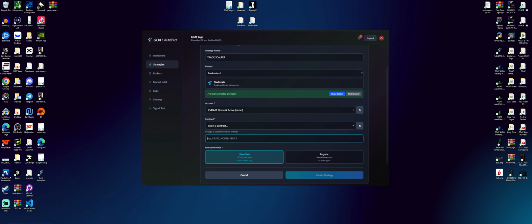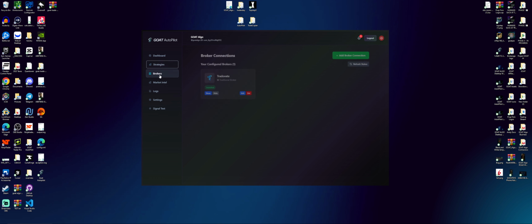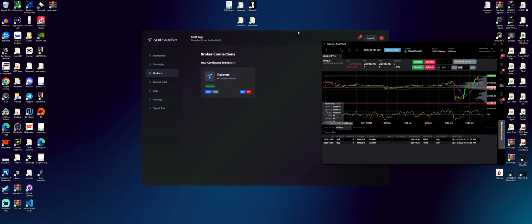So you don't need to select a contract, but I'll put in here MNQ, so I know what's executing towards, and then just set it to ultra fast, and then you create strategy. So I'm going to turn this on. So this is Trade Scalper. I'm going to go to brokers here. I'm going to show the broker now, so I can show you